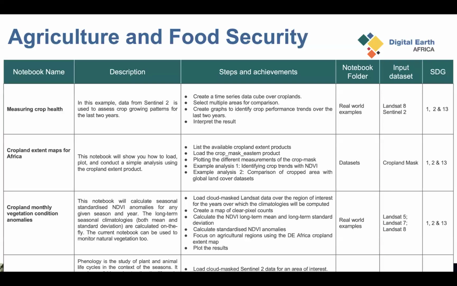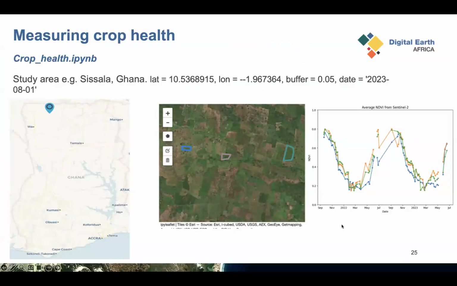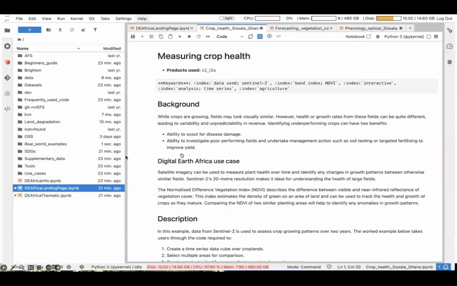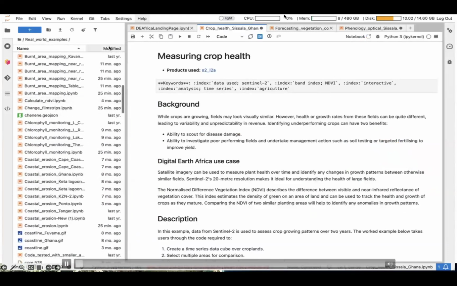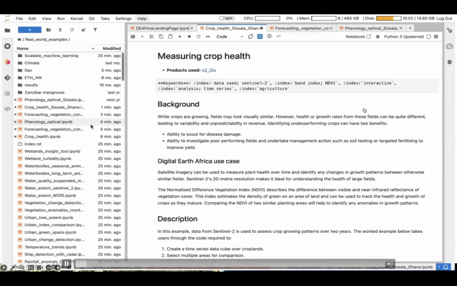Here we'll introduce you to crop health. So this is an example of crop health in Sisala, Ghana. An example of some sites I was given by the Ministry of Food and Agriculture. And it was a very good use case, because then we were able to see the trends, and I'll be able to show you the notebook. So on the crop health, you're able to run the notebook, and it will give us an indication of the